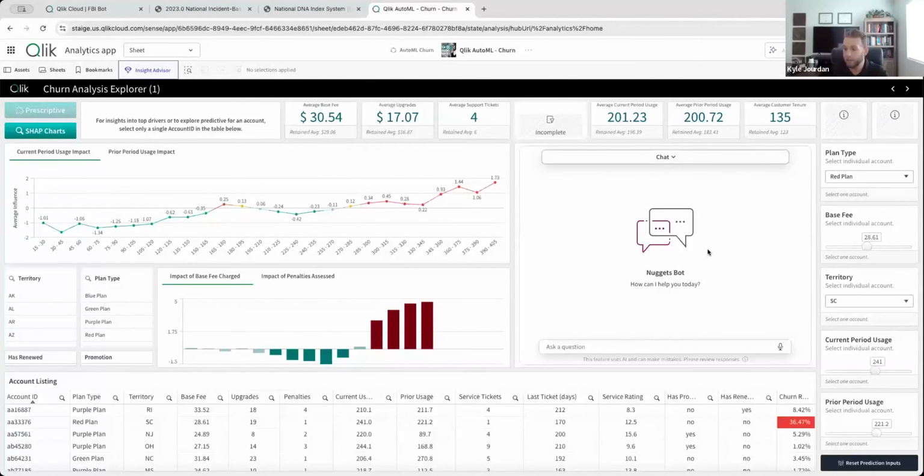Maybe it's into an intranet site or an internal portal that users are using, but you can ultimately put these into the tools that the users are accessing day to day so that they're not needing to log into Qlik in order to ask these questions of these assistants. It's very quick to build them and then deploy them into whatever tools are most appropriate. So it can become a really powerful tool.